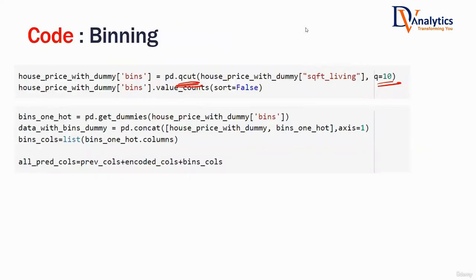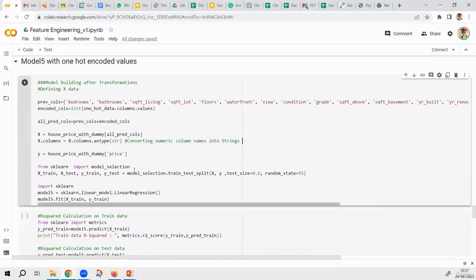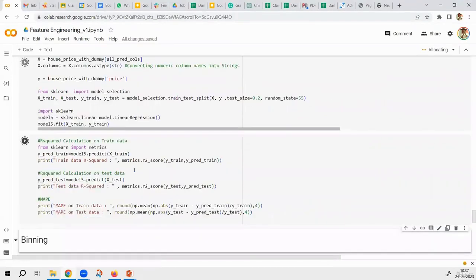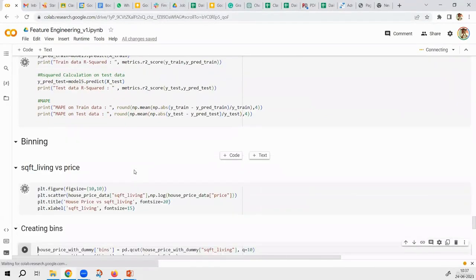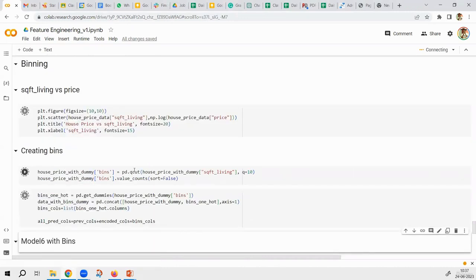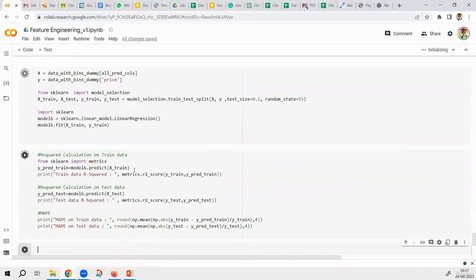Apart from whatever we have done here until now, if you add one more binning variable, if you do that binning as well, until here, the best of the best R square happens to be 80%. Now with these bins, if you build the model, the best of the best MAPE happens to be how much? Best of the best MAPE was